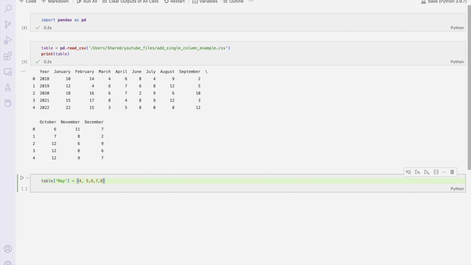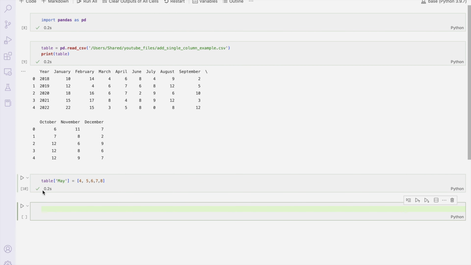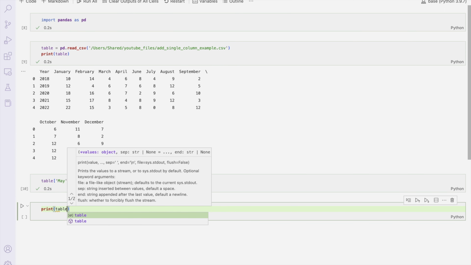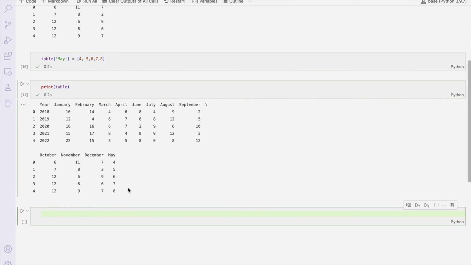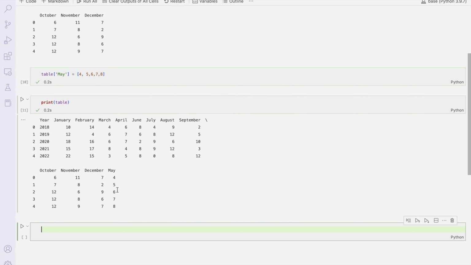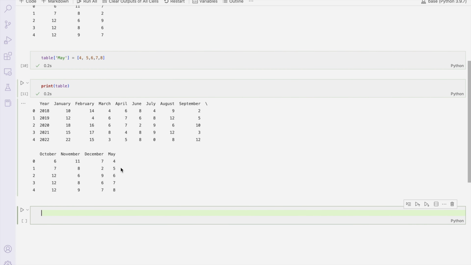So if we do that and we print this table again, we can see that data for the month of May is added at the end of data frame. This is good. This is what we wanted. We wanted to add this column to this data frame and we did it. Now